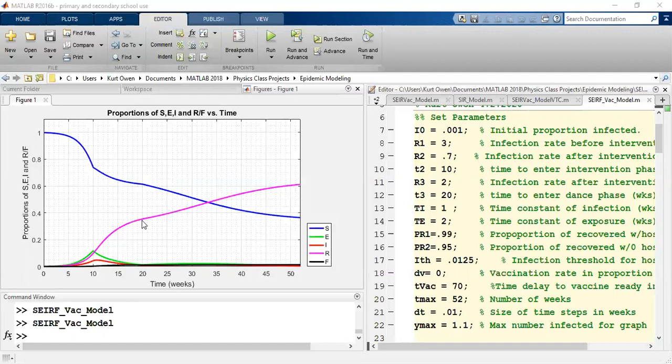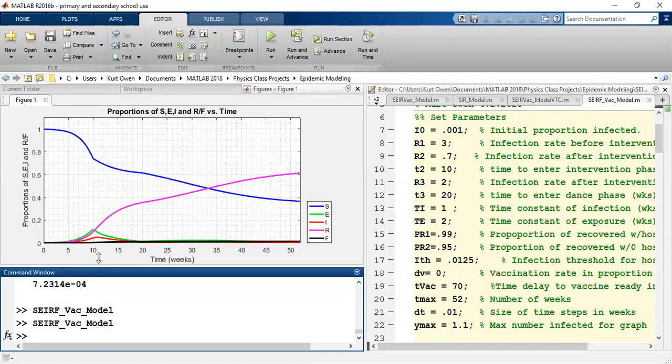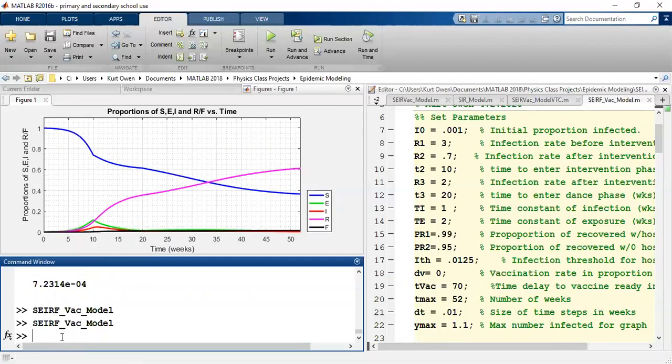recovered curve, the purple curve here, and in the susceptible curve. It's kind of hard to see what's going on in the other curves because of the scaling, right? So it looks good, but the numbers aren't realistic at all. So let me explain why the numbers aren't realistic. First of all, let us try to figure out where we are in the curve.